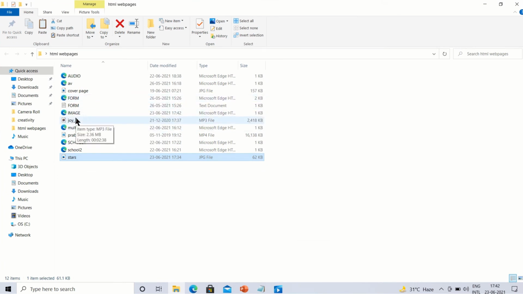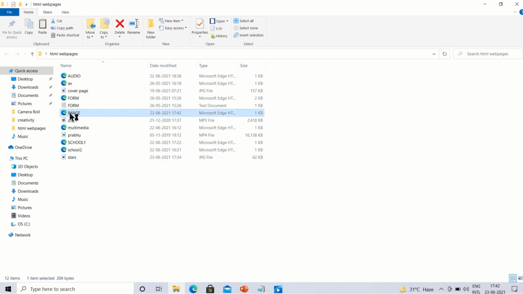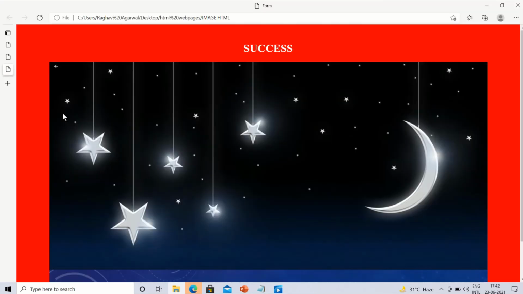Now we can see here this is our file image. When we double click on it, we can get the web page on our screen. It will take a little time in processing, but we will be getting it; it is just on the way and it will be coming to you. Now see here, this is the picture which we have inserted and it is there in front of us.